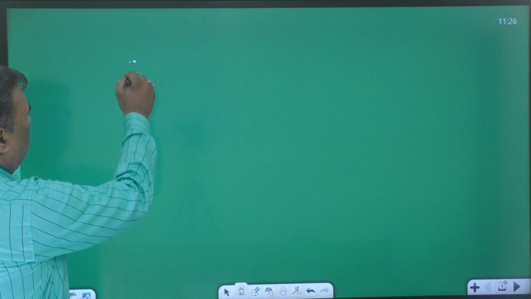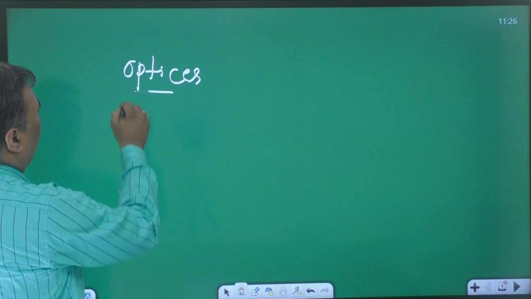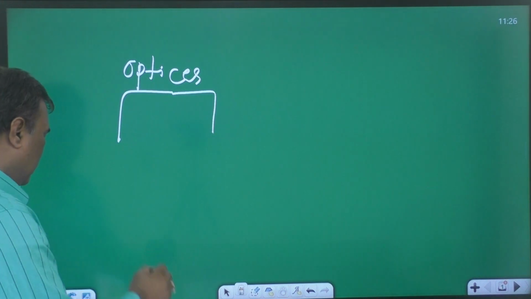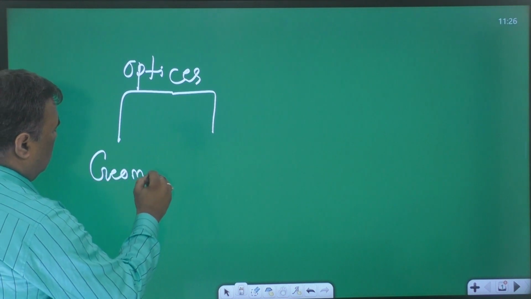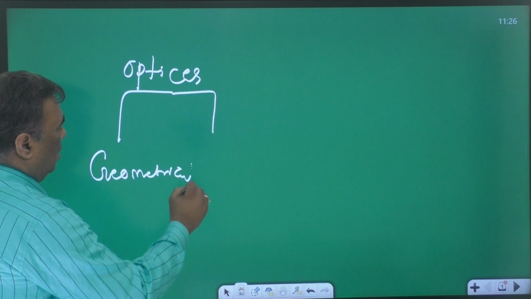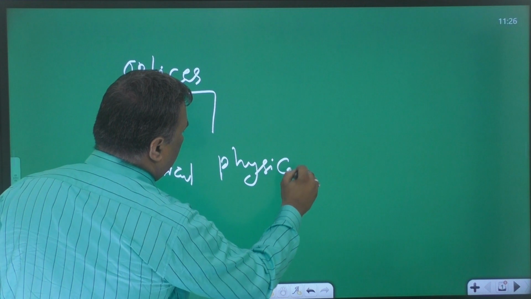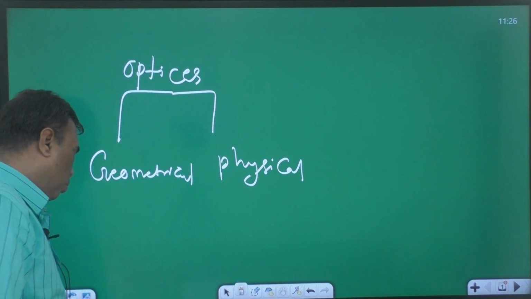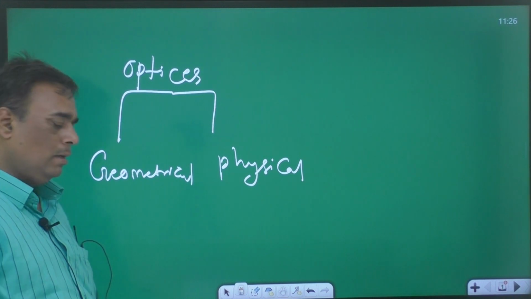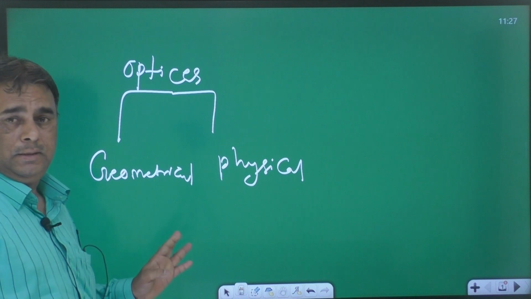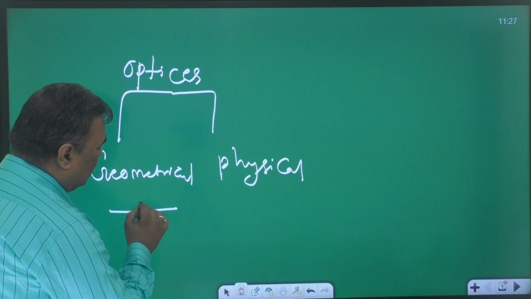Generally, optics is divided into two parts: geometrical optics and physical optics. What is geometrical optics? It treats propagation of light in terms of rays. Always remember, in terms of rays. Rays means like this,